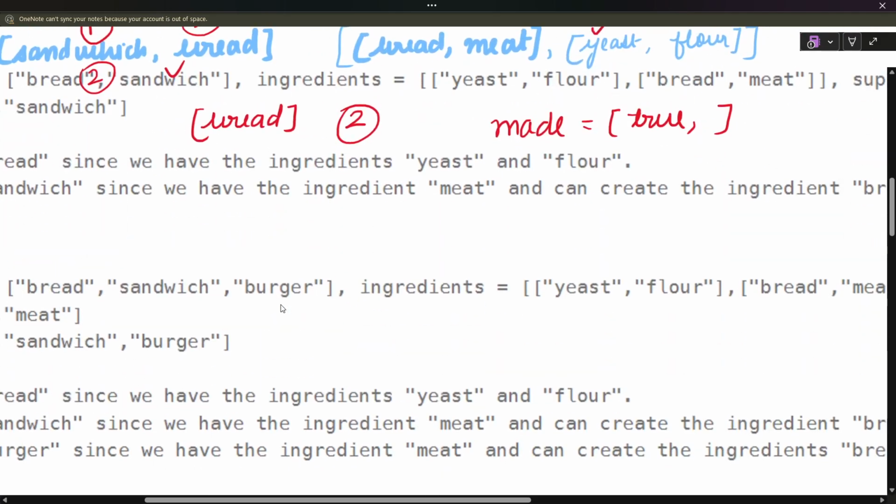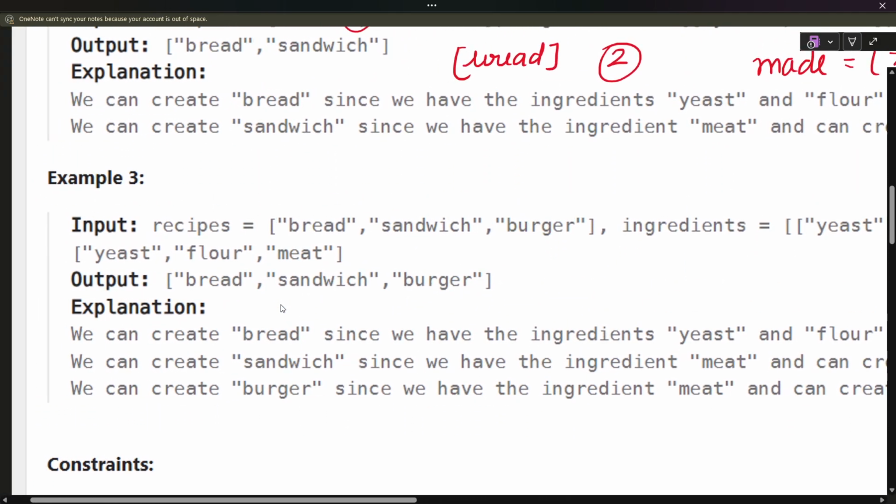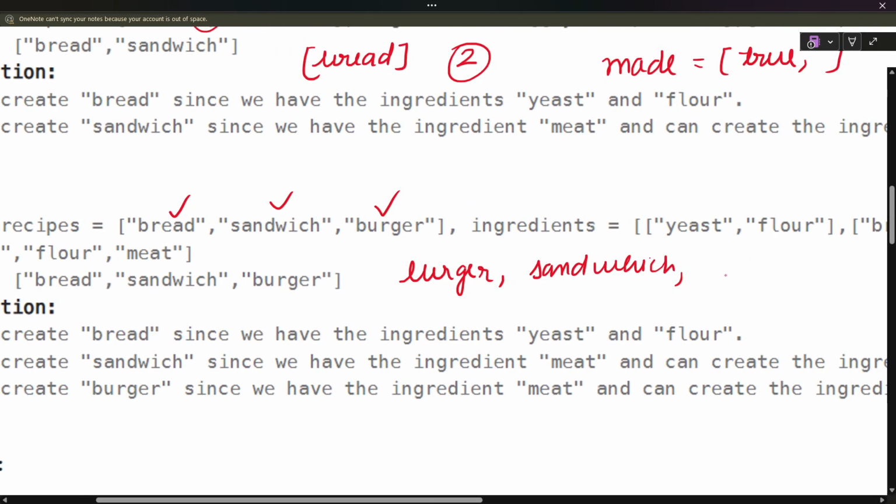In this case there's bread, then sandwich, then burger. But if you have the burger first, then the sandwich, and then the bread,